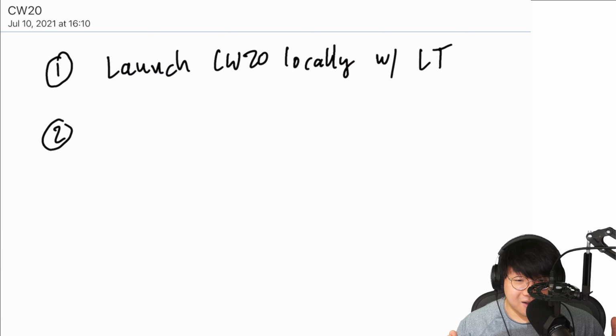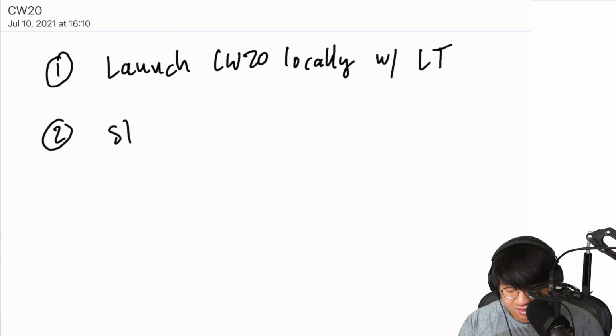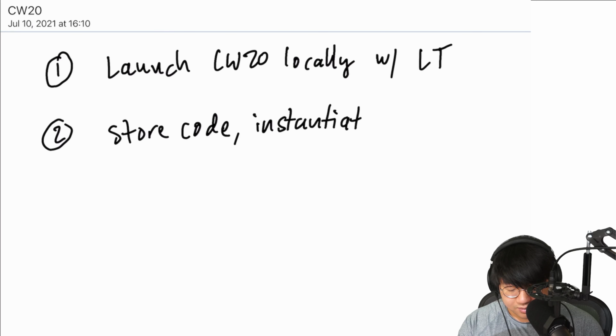So after we have our CW20 contract loaded up, so stored and instantiated, we need to test it by playing around with the various functions of it. So we're going to be storing it with store code, instantiate, and let's try executing a mint operation.